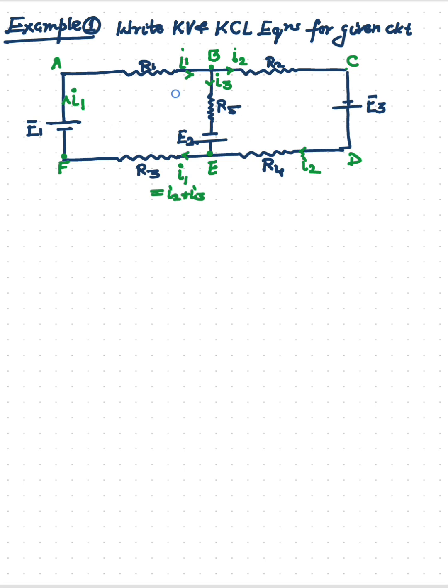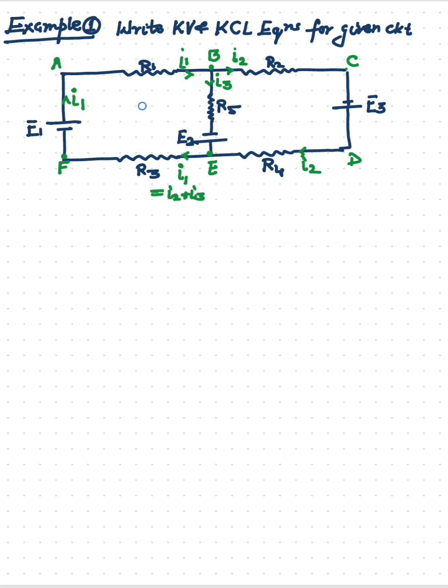There is a rule: from any battery, the current flows from the positive terminal, and the same current enters at the negative terminal. So the I1 current flowing from E1 will enter the same at the negative terminal. Now our first task is completed. We assumed the current directions, the current distribution in each branch of the circuit. Clear? Now, second step is what?